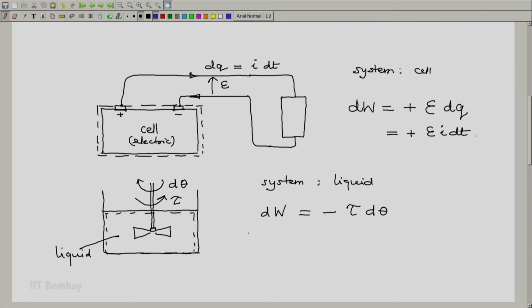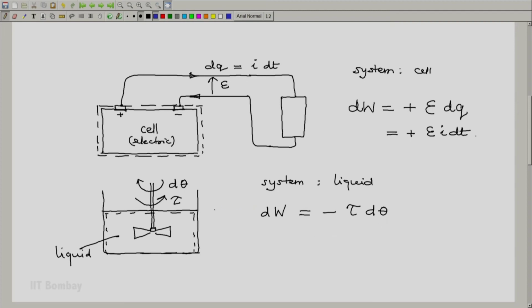Let us come to the illustration of the liquid being stirred. Here you will notice that neither tau nor d theta are properties of the system. The torque does not exist unless we try to stir it. We just keep a liquid in a vessel, there is no torque involved, even if you just insert a stirrer and leave it there. So here tau and d theta are not properties of the system. So this is not included in what happens often.